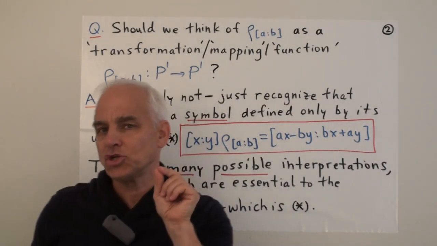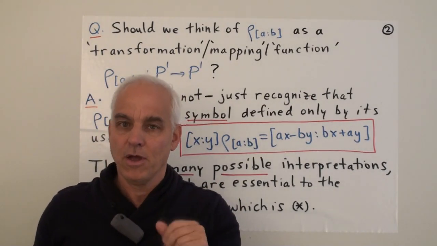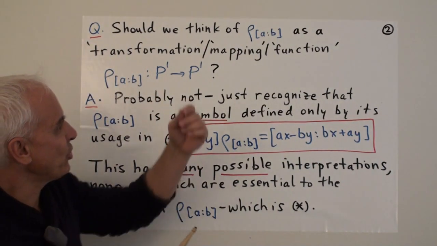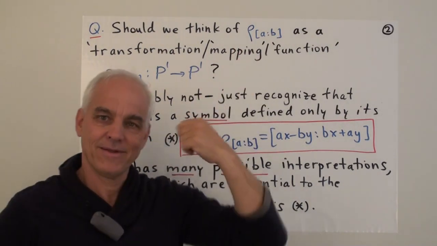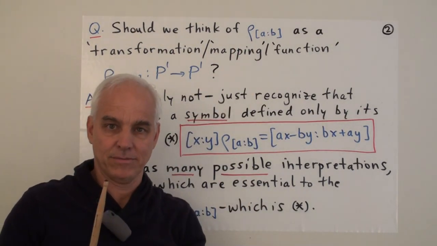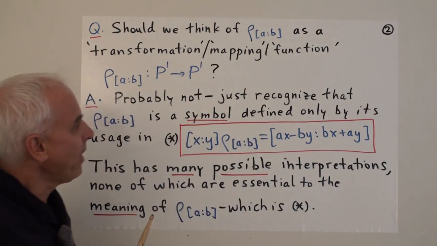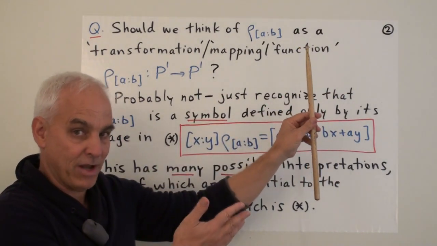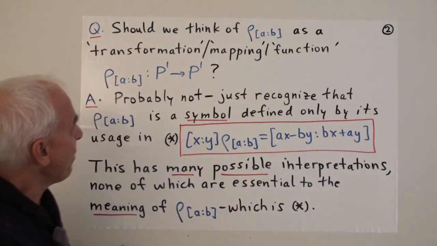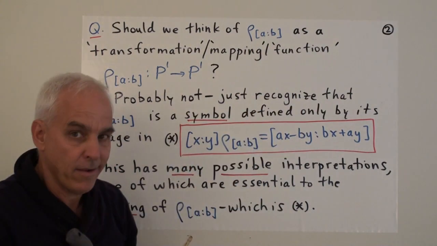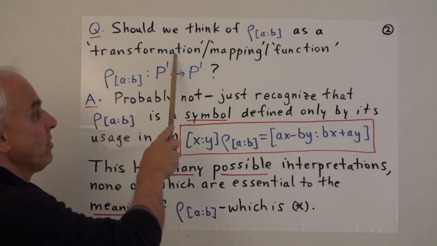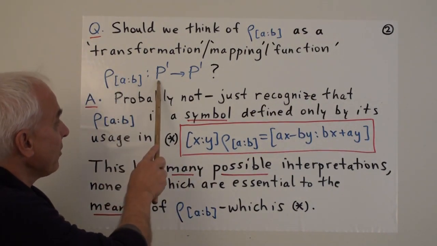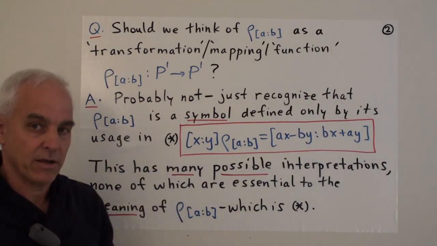There's another important foundational issue around what I'm doing here, which I want to take a little bit of time to discuss with you. That has to do with how we should think about or interpret the symbol rho sub A to B. We've introduced this symbol, and geometrically I've referred to it in terms of a rotation, something that's familiar to us physically. But the question is, should we really think of this thing, whatever it is, as a transformation or a mapping or a function? Typically, say, from the projective line to the projective line.